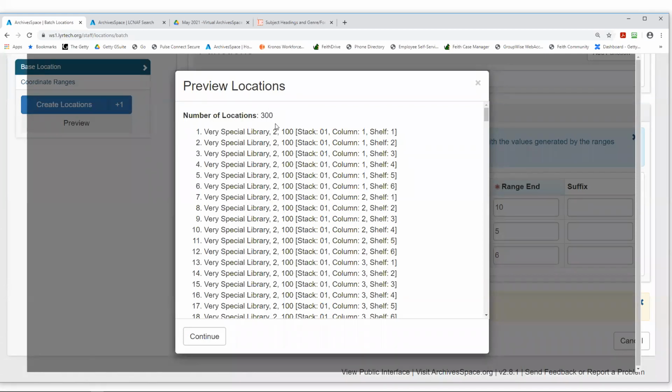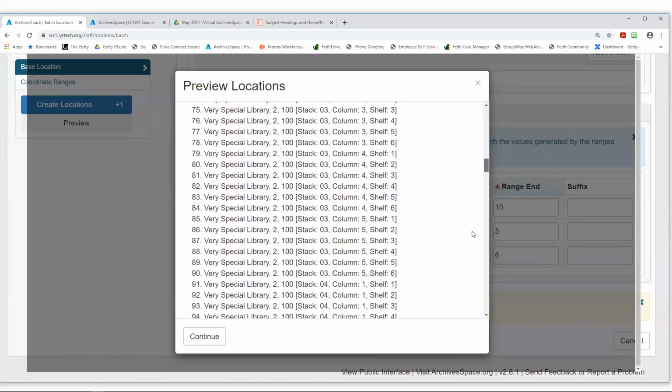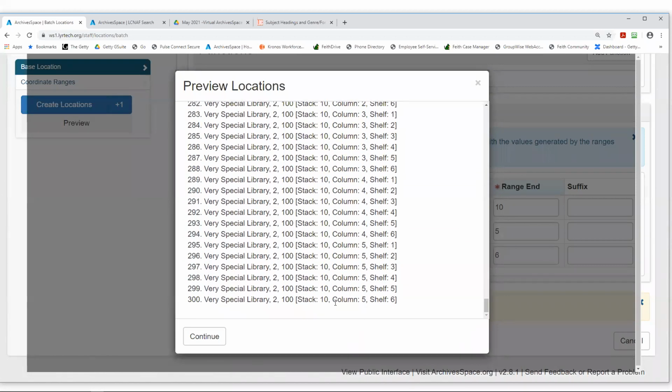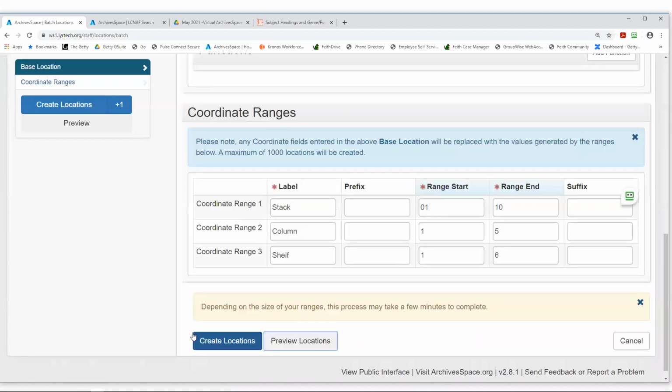I'm building 300 locations all at once. It's my very special library. It's not putting the field labels, but it's floor 2, room 100, stack, column, and here's shelf 1, 2, 4, 5, 6, column 2, shelf 1, 2, 3, 4, 5, 6. And as I scroll down, here's stack 10, column 5, shelf 6. If I hit continue, because I like it, let's say, and I hit create locations,